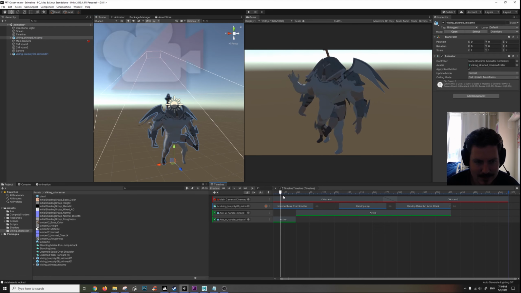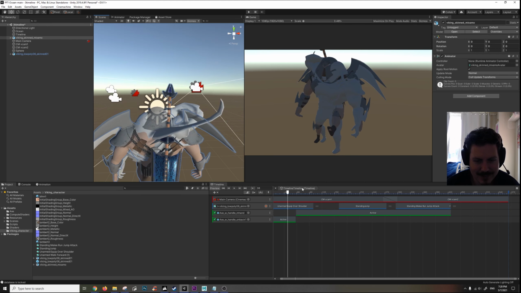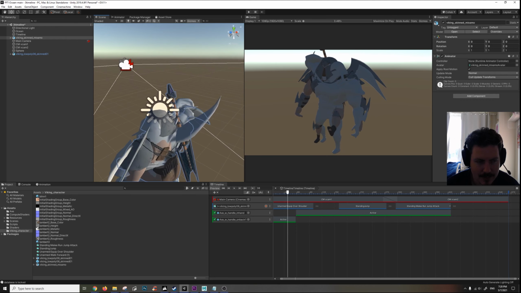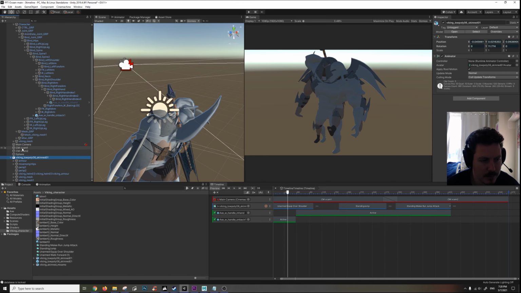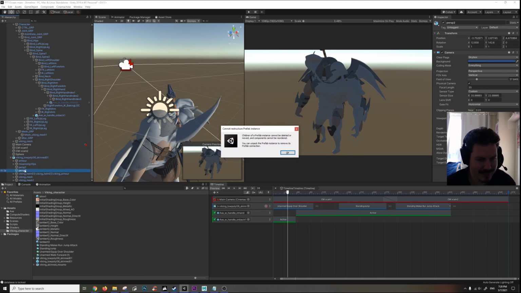Let's see if we can get it to the same point here where he reaches back and it lines up just right. It's about here. I could just copy the object over or move the object from being underneath this guy's right arm to being parented to the other guy's right arm, and that way I have